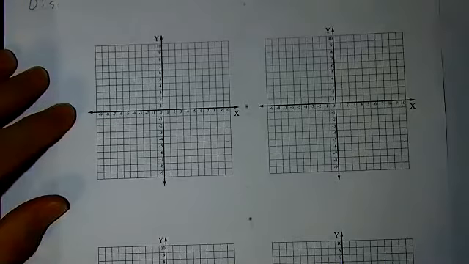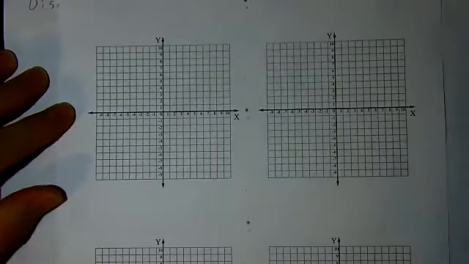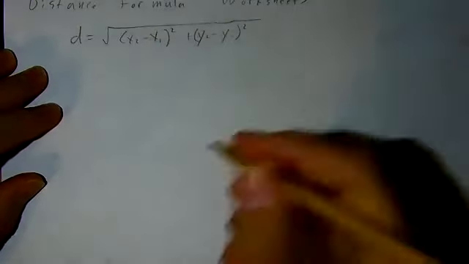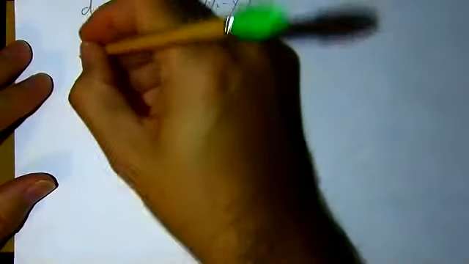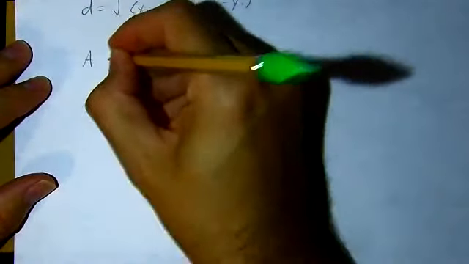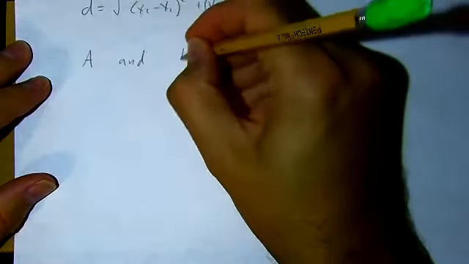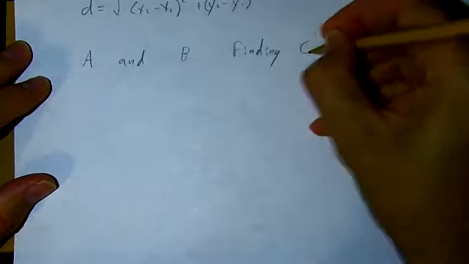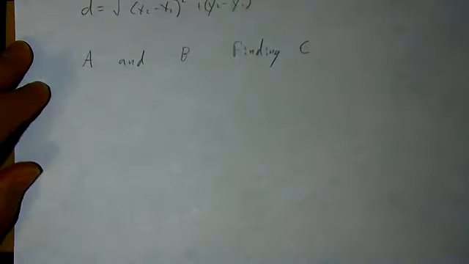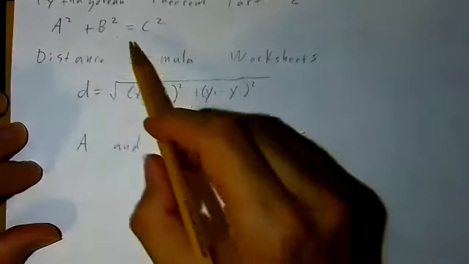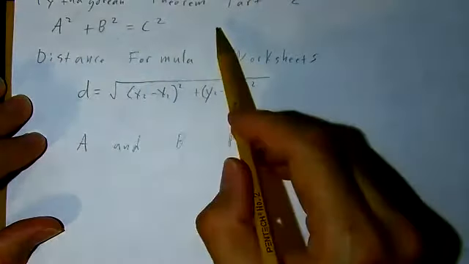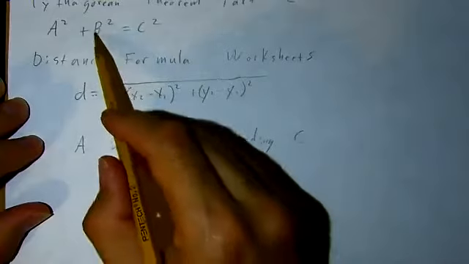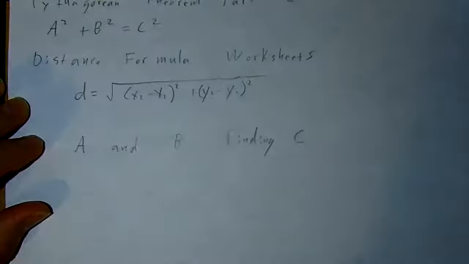Now, I told you we're going to be dealing with the coordinate plane, XY grid, whatever you want to call it, coordinate grid. For the coordinate plane, you're always going to have A and B, and you're always going to be finding C. So that makes it a lot easier because you're always going to be using this formula, not the C minus like we were using on the last video. So you're always going to have these two, so you're always going to be adding them together. So for example,